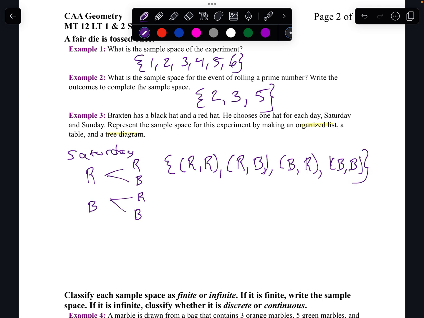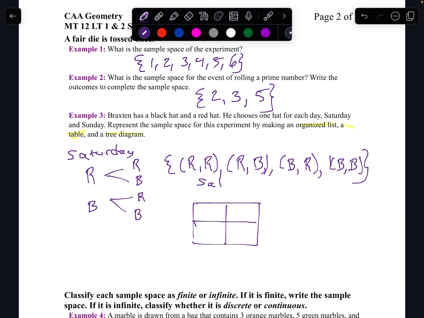We can also make what's called a 2-way table. And this is kind of limited, okay? So when I say a table, I'm limited to Saturday and Sunday only. I could make a tree diagram if I went Saturday, Sunday, Monday. I could make an organized list if I went Saturday, Sunday, Monday. But for a table, I'm limited because I only have, the reason we call it a 2x2 is because of exactly that. So I'm going to go Saturday here,